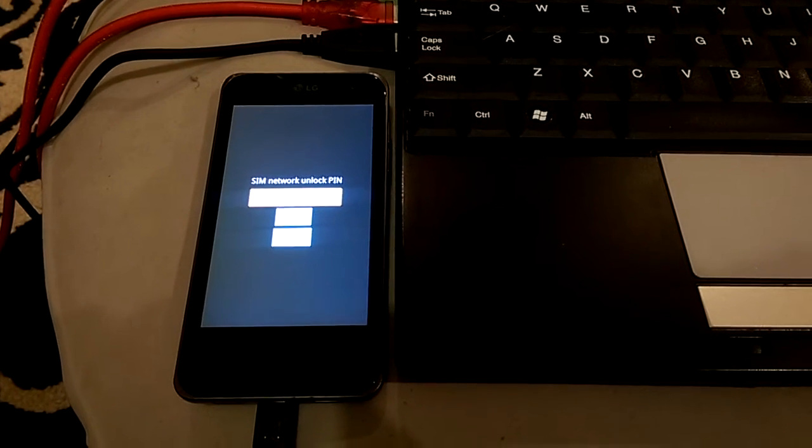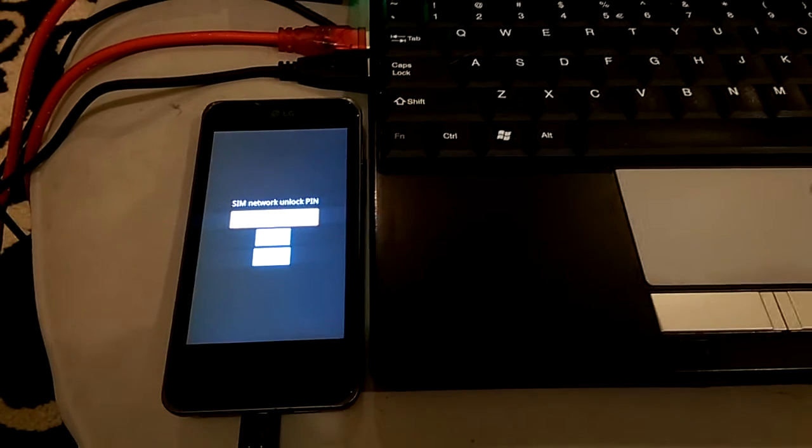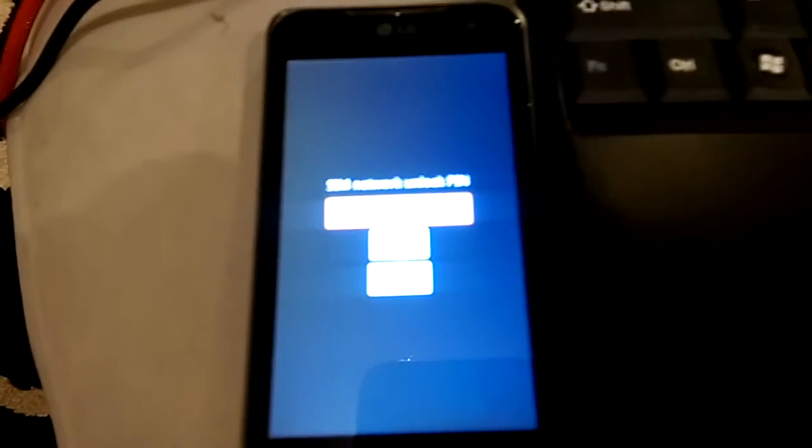Hello guys, here I have Octopus box and I don't have any cable connected to it. Here I have LG Optimus 2X, also known as G2X, the model number P999, and now you can see it's locked, and I will show you how to unlock